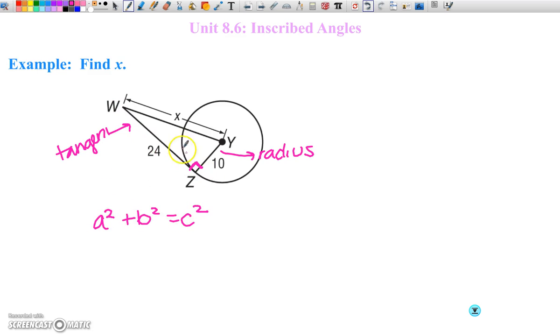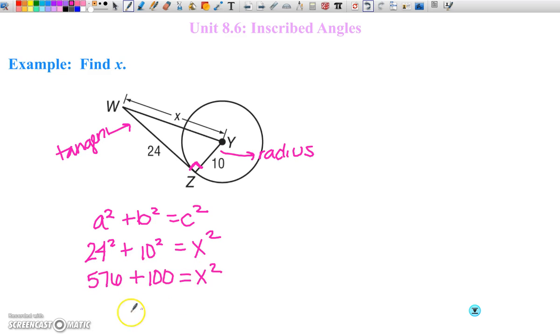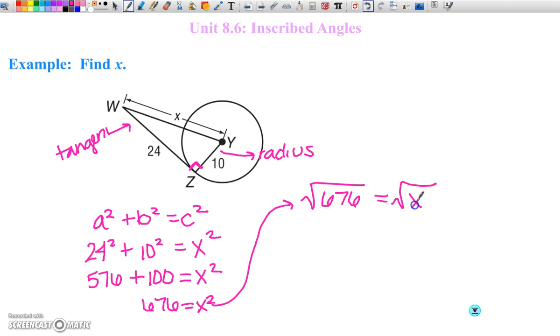Now your a, we're going to use 24. B, we'll use 10. And then this side right here is your c, so x squared. 24 squared is 576. 10 squared is 100. When you add those together, you get 676 is equal to your x squared. I'm going to bring this up here. I'm running out of room. We take the square root of both sides. The square and square root cancel on the right, leaving you with just x,